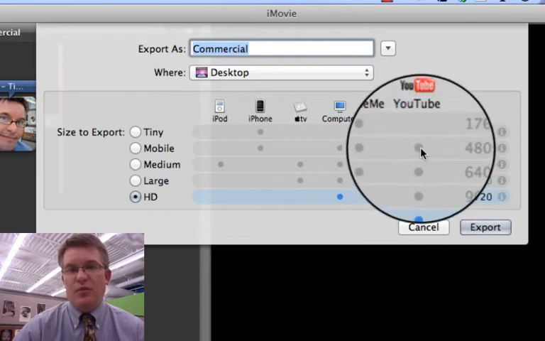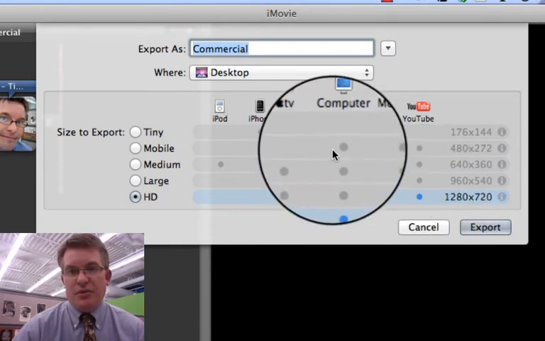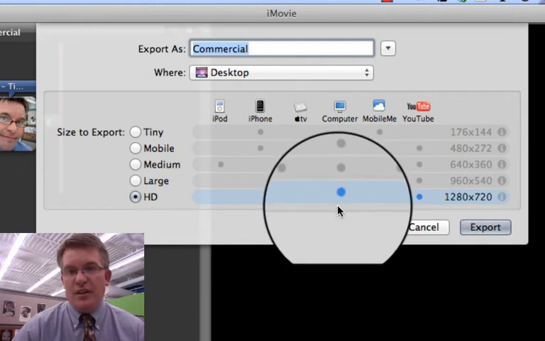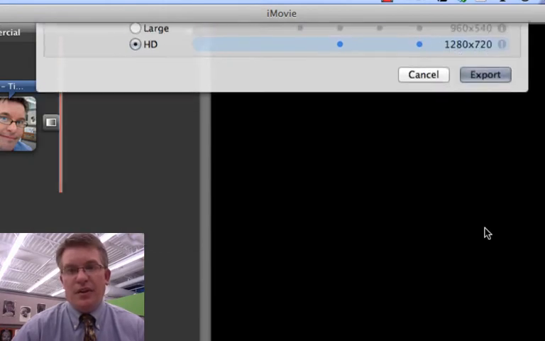Notice that from mobile on, you can always add it to YouTube, which is a very functional way of sharing video, and the same is true for computers on. You can do that as well. So I'm going to go ahead and choose HD since I have some HD content in here, and I'm going to export this video, and then